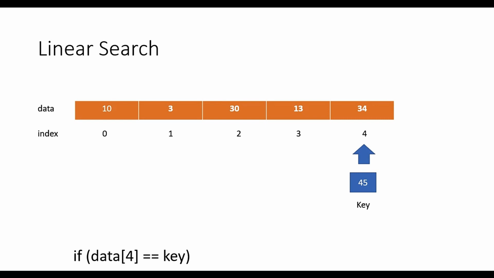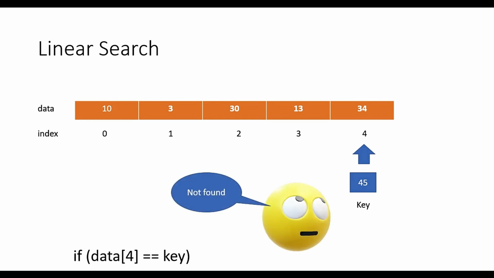At this point, we have exhausted the search. We have traversed the entire array and we were not able to find the element. So we can stop and announce that the element doesn't exist in the array. You can see the algorithm simply says that you go on comparing each and every element until you find the element. So let me write a program in C wherein we'll declare an array, accept an input value from the user, and implement the linear search algorithm.